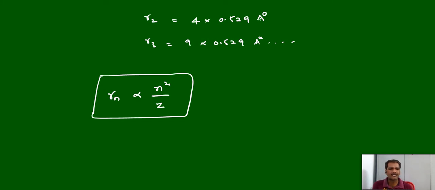For the same shell, for hydrogen and some other atom, if you compare, hydrogen has more radius than the other element, some X element, whatever it is. Anyhow, hydrogen is the first element. In the remaining elements' case, in the same shell, the radius of the orbit is higher for the hydrogen atom.